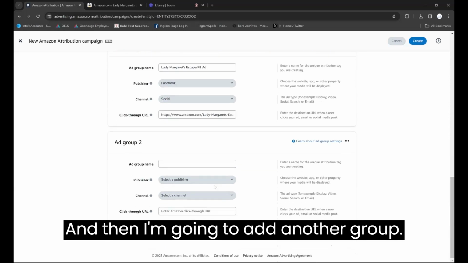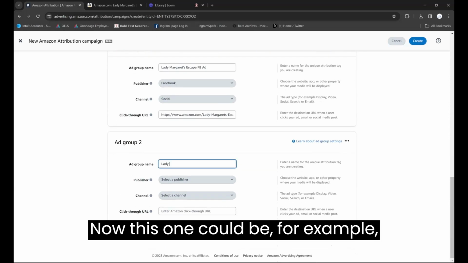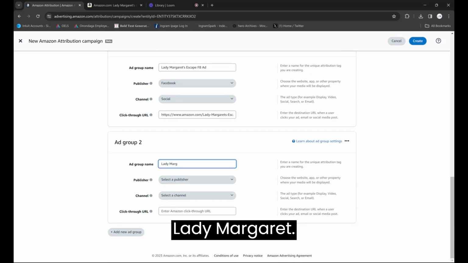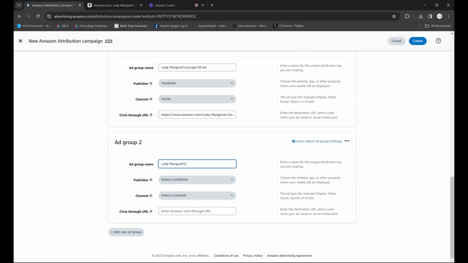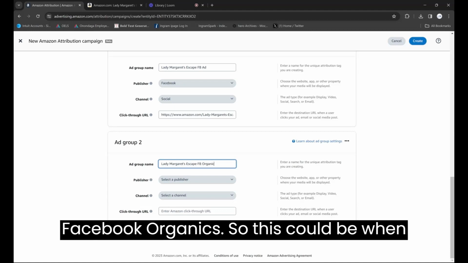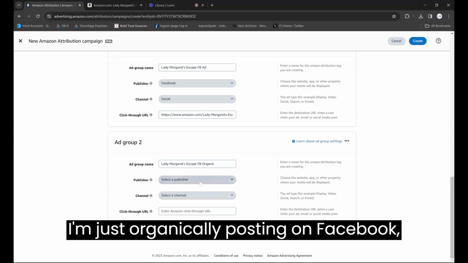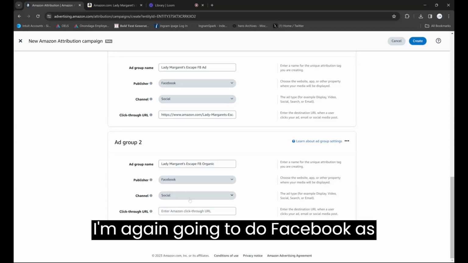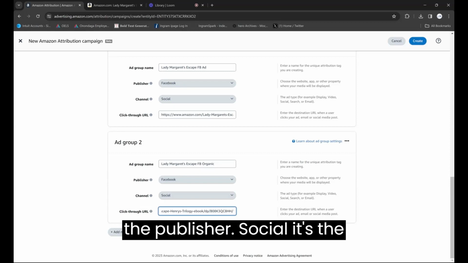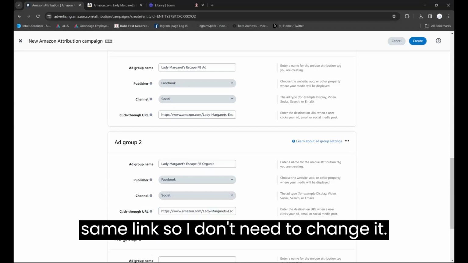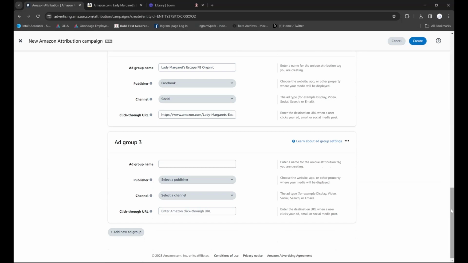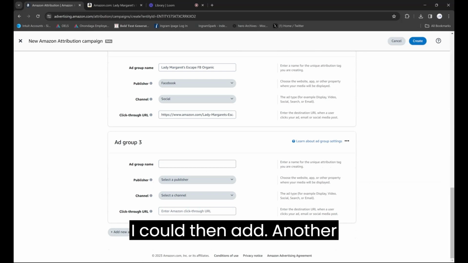Now, this one could be, for example, Lady Margaret's Escape Facebook Organic. So this could be when I'm just organically posting on Facebook. I'm again going to do Facebook as the publisher, social, it's the same link, so I don't need to change it. I could then add another group. Now, if I was doing this for just this book, I could then do